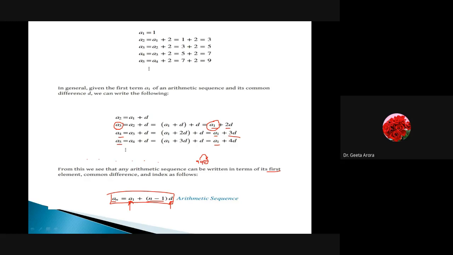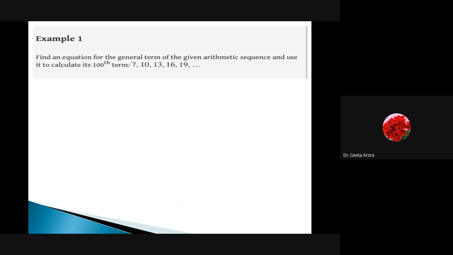Earlier what we have said, we said that an is equal to an minus 1 plus d. This is the general term, to find out the next term when the previous term is known to me. Now we are saying, it might not be easy to calculate the previous term. Then also we can calculate a particular term by knowing the initial value by using this formula, that an is equal to a1 plus n minus 1 times d. Correct? So for this example, we have already done this.